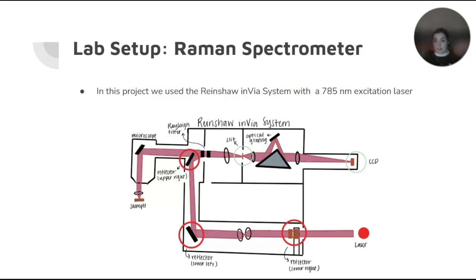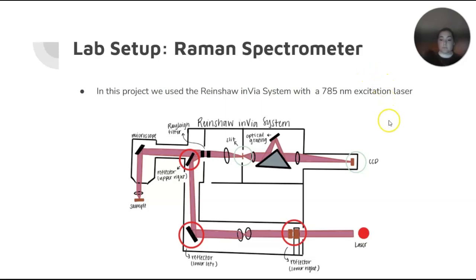all the elastic scattering we talked about earlier, because the intensity is much stronger than Raman scattering, so you want to filter all of that out. It is sent through a slit, and then an optical grating where it is separated into its different wavelengths, and then sent to a CCD camera, which is connected to a computer, which gives us a graph of all the peaks from